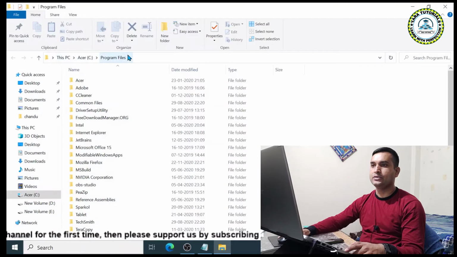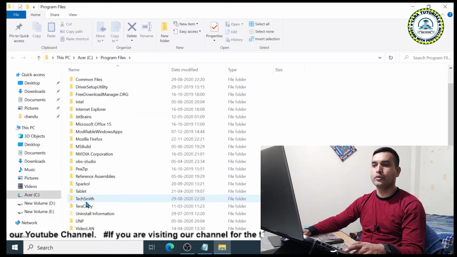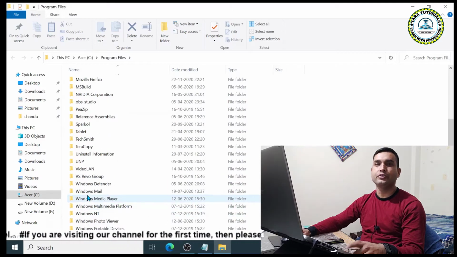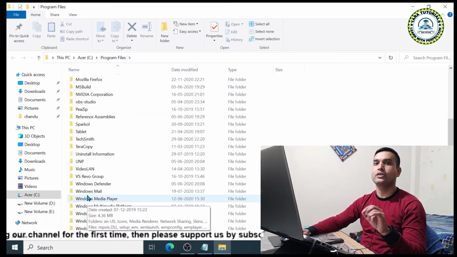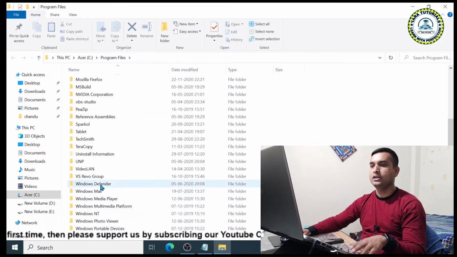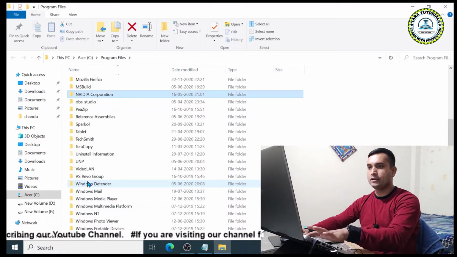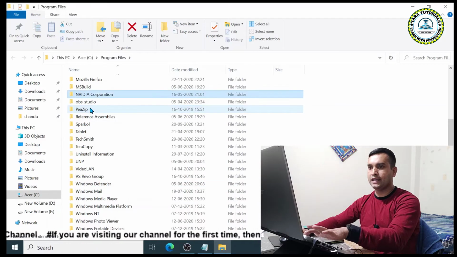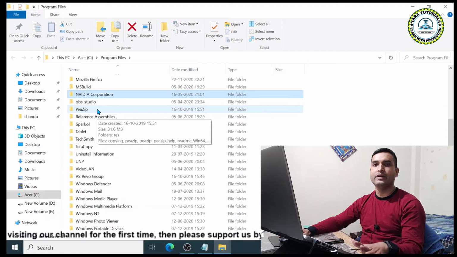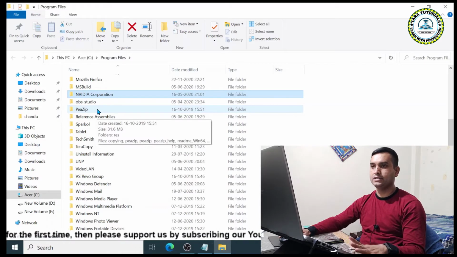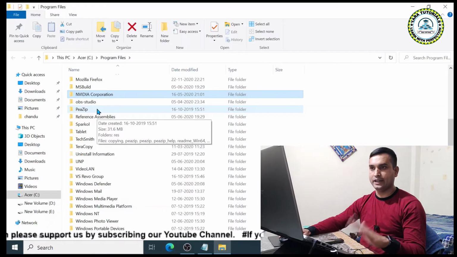Here you can see that you are in the program files folder. Here you need to locate the software which you have just uninstalled from the control panel. So in my case, I will search for Norton, but here I can see the Norton software is not there. That means I have to search somewhere else.